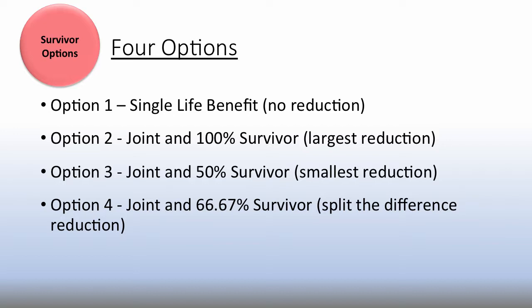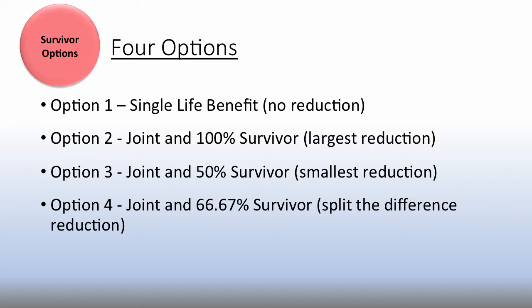33% selected option 2. And then I think it's 13 and 11% respectively chose option 3 and option 4. So people do use all 4 options, but the majority have selected option 1 or option 2. I honestly don't know what necessarily drives that. I hope it's careful consideration for their financial situation, but I would encourage you to look at all the different options to find out what works best for your situation.